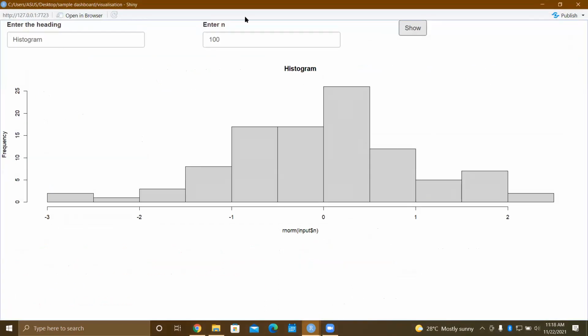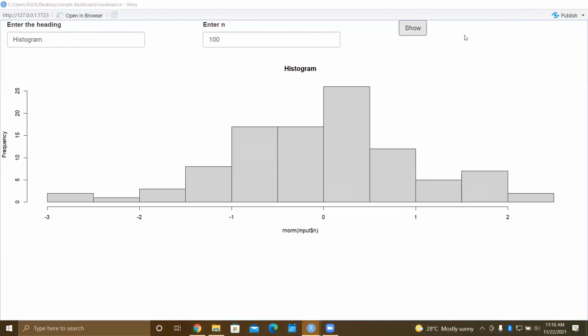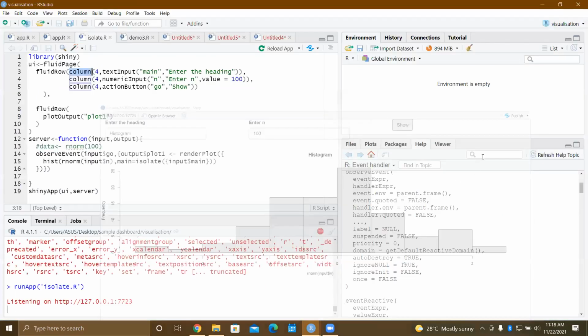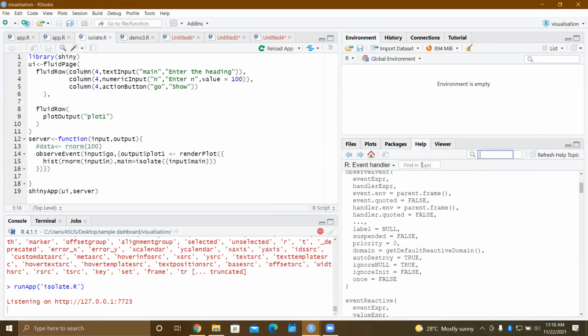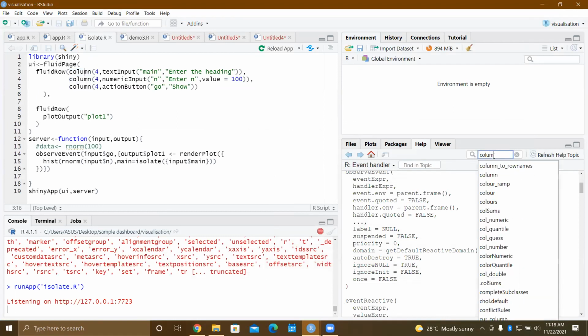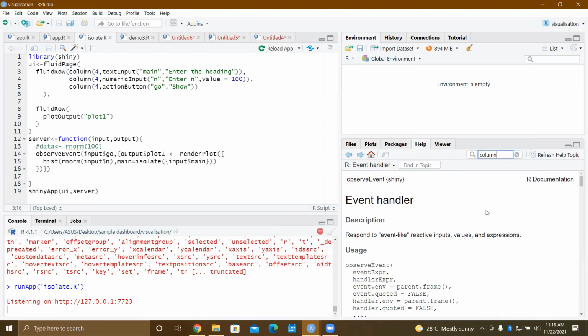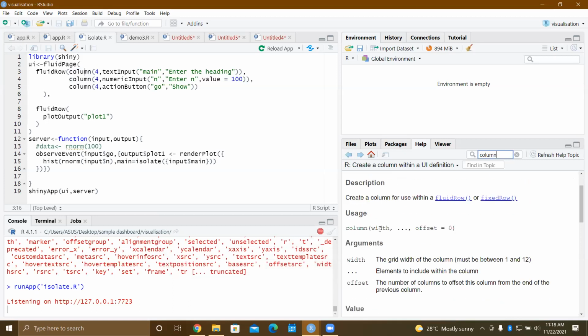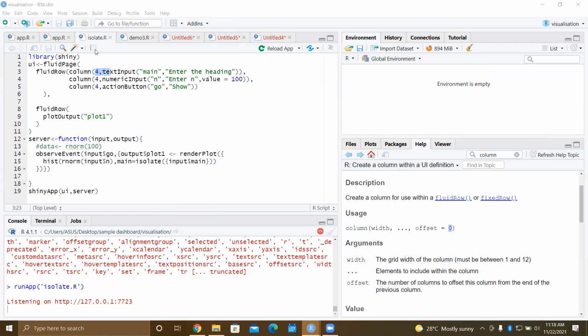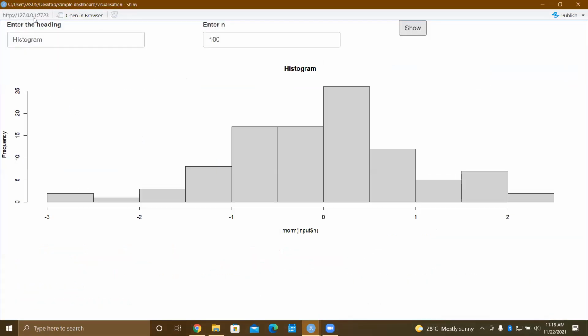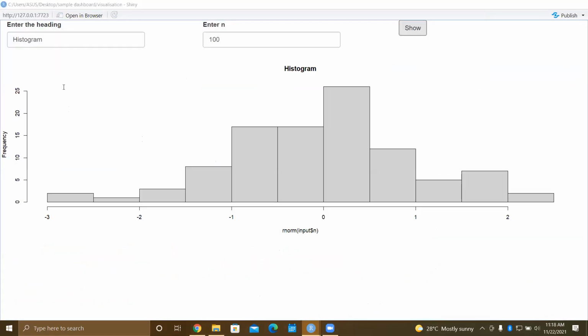You can use it however you like. The column function has something called offset, and there is something called width. Here I have given 4 width and no offset. Offset is 0. If I give an offset of something, it just keeps some space before it. If I give something like 4.